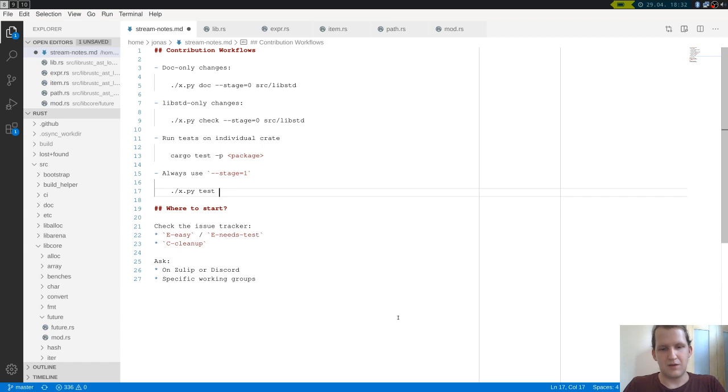So usually what I do, but no, not usually, always what I do is, unless I don't need my computer, I do test stage with stage 1. This will use the downloaded compiler to build the compiler once and then test that built compiler. And this is usually all you need to evaluate any contribution to the compiler, basically. It will run the entire test suite and also the tidy checks that are run on CI,